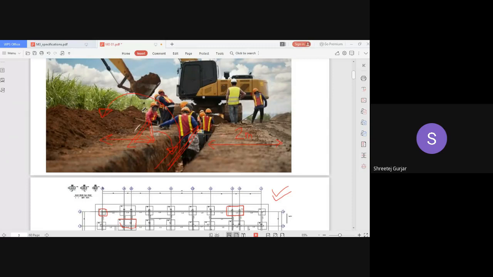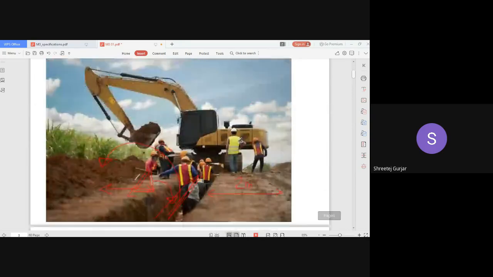Then if you have surplus material, lots of material that you do not require, for example, you have excavated for a basement and do not require that soil, you have to dump it. Surplus materials need to be dumped at specified locations. You don't dump in lakes, ponds or low-lying areas. There are landfills where you have to go and dump. That process of lifting and dumping your surplus soil is known as lead and lift.